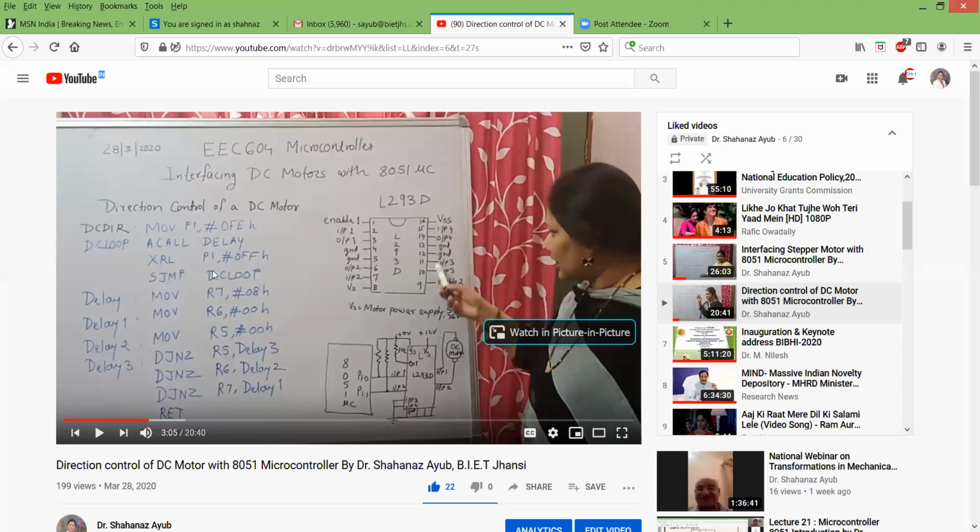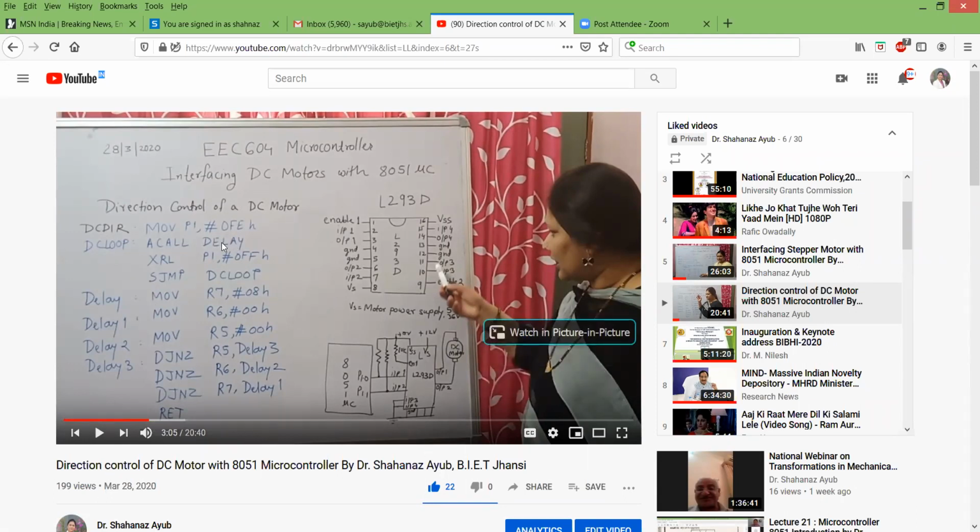So this is the small program. This is only the program for direction control. With FE status, for this particular time you are moving in the forward or reverse direction, however you have connected it: positive to positive is forward, positive to negative is reverse. Then you are reversing the supply, so logic 1 will become logic 0 and logic 0 will become logic 1, and again you are calling the delay.